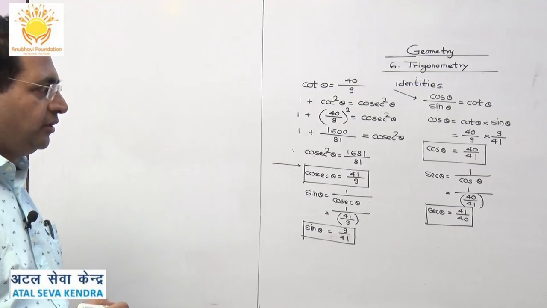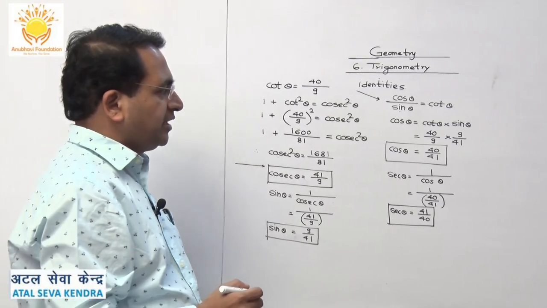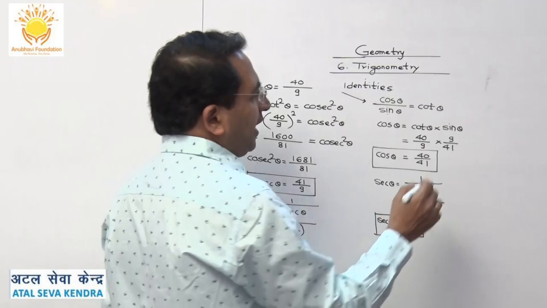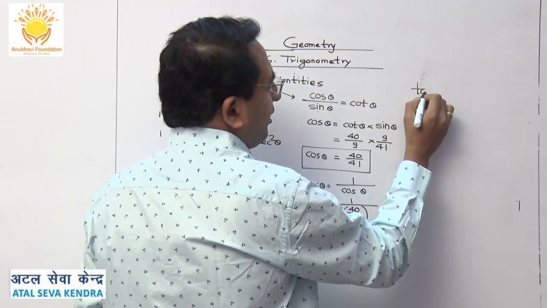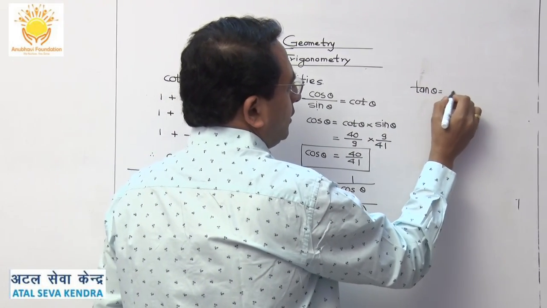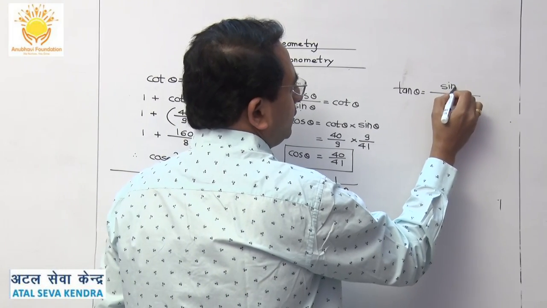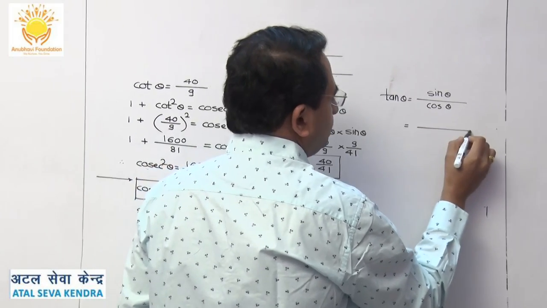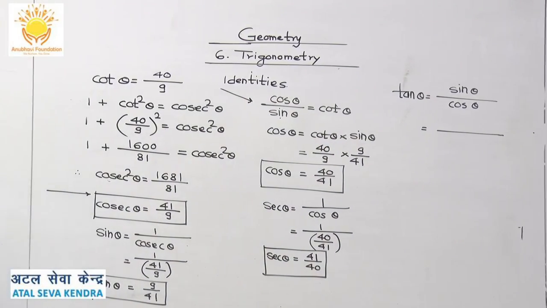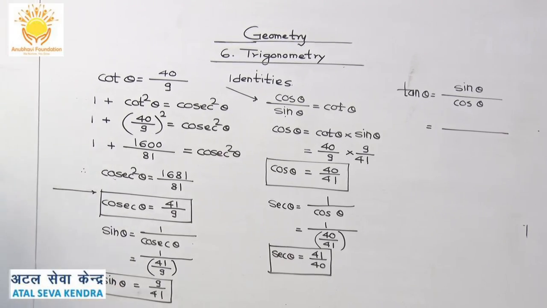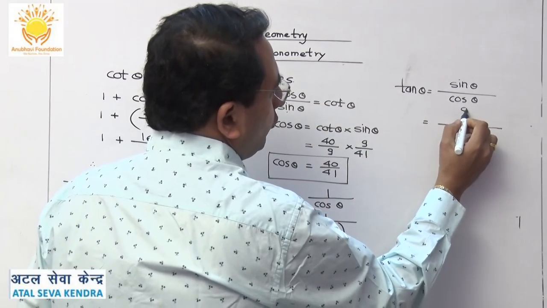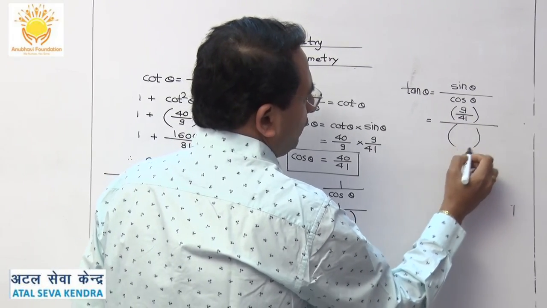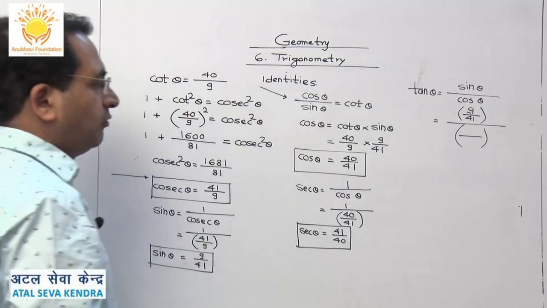And one more thing that we missed out here: actually there is nothing that says you should go in a specific order. Now we have to write the value of tan of theta. Tan of theta is nothing but sin theta upon cos of theta. Then we can write, what is the value of sin of theta? We have written there, sin theta is 9 upon 41. So we can write 9 upon 41 here. Then cos of theta. What is the value of cos of theta from this?